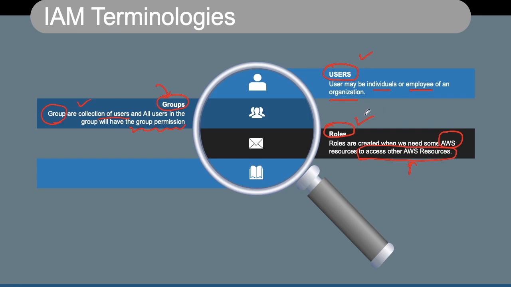So to give them some access to the resources, we also need to create something called a policy, and these policies are typically JSON documents which are assigned to either users, groups, or roles. We can have multiple policies given to the users, groups and roles, and all those policies are typically JSON documents, which define what permissions you have to access those resources.